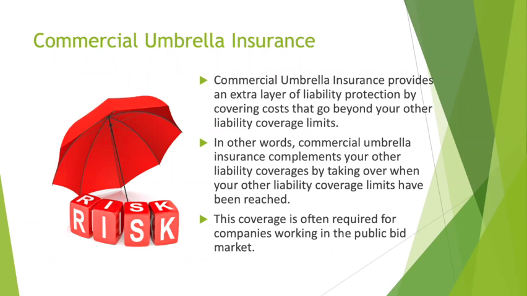When you start looking at working in the public bid market, a lot of your general contractors will say you have to have a certain amount of insurance, and it may be either 1 million or it may be 5 million. And then you have to have an umbrella. Well, umbrellas don't cost as much. You can get a $5 million umbrella for less than half of what you're paying for your general liability, because it would only kick in if there was a judgment against you for greater than your general liability coverage. So again, you talk to your insurance carrier.